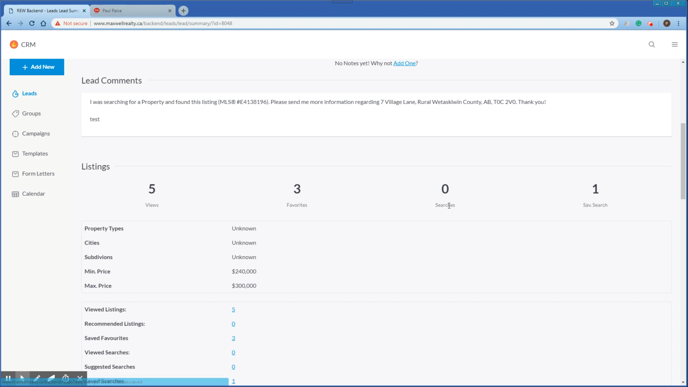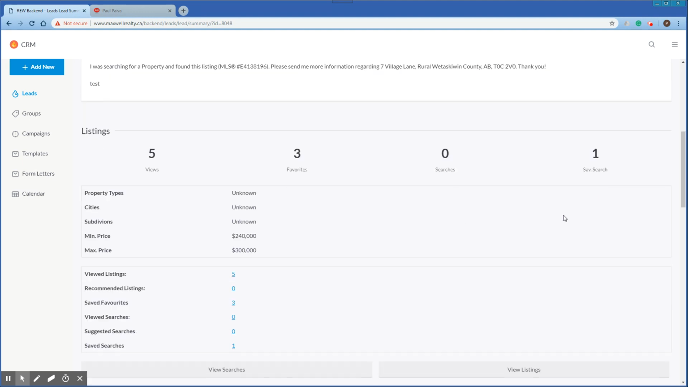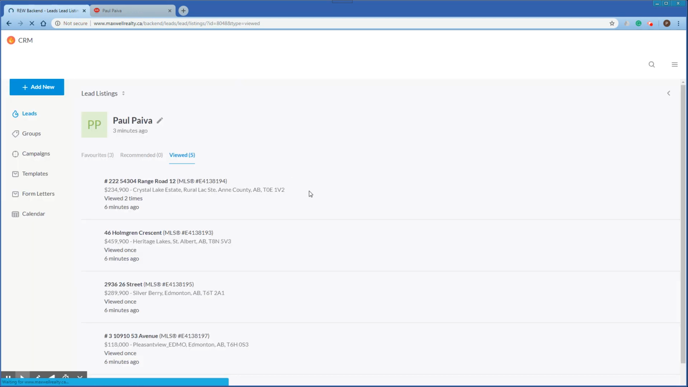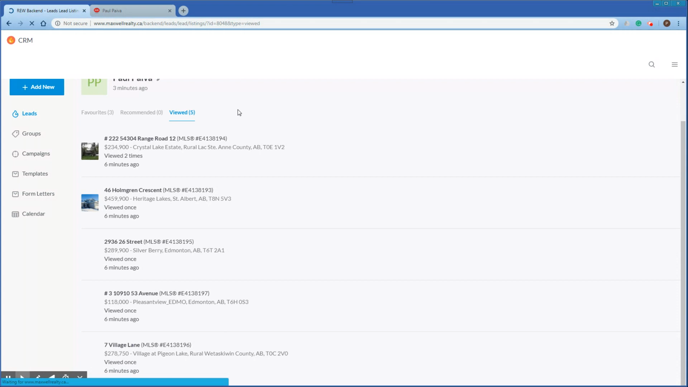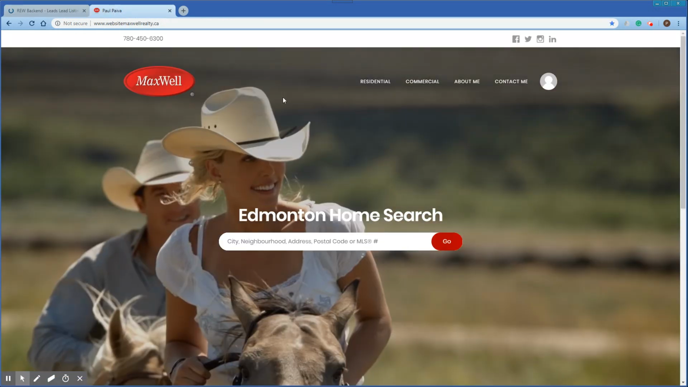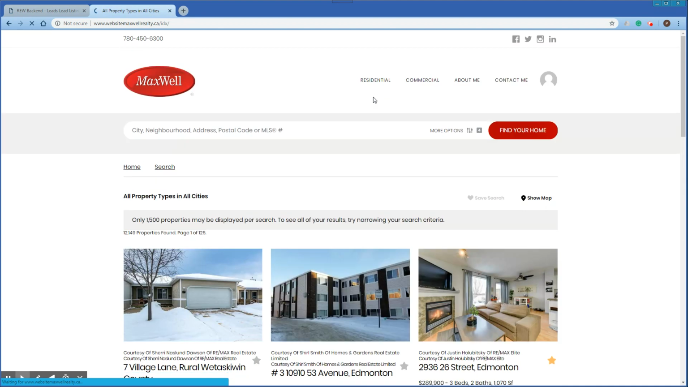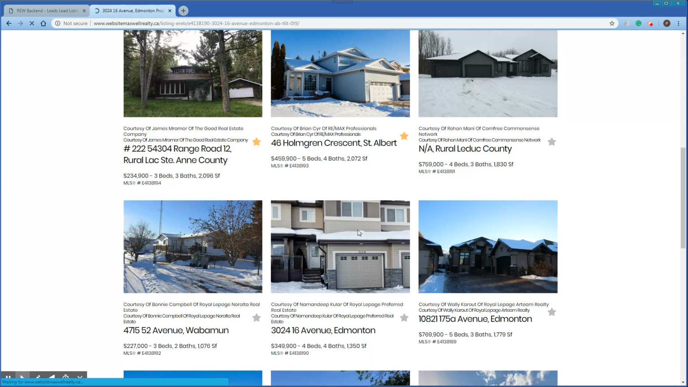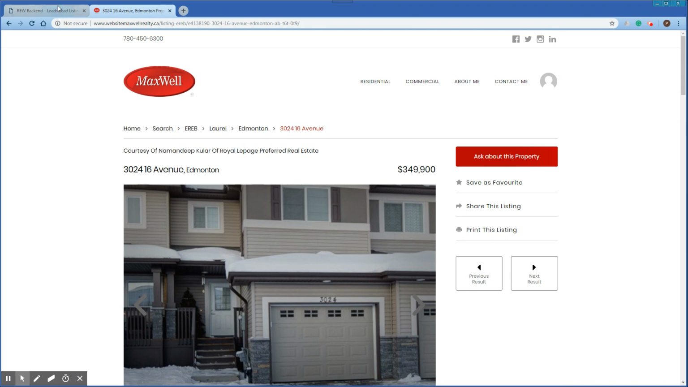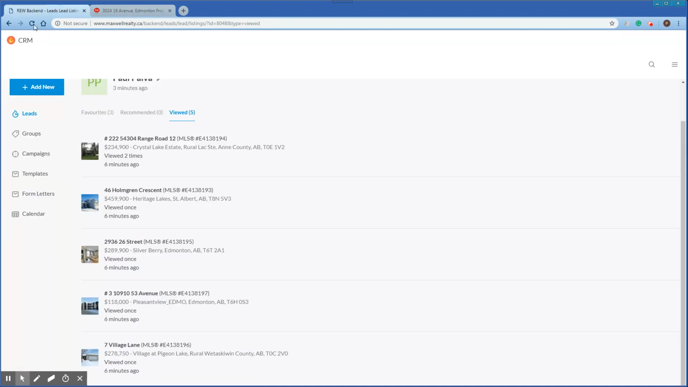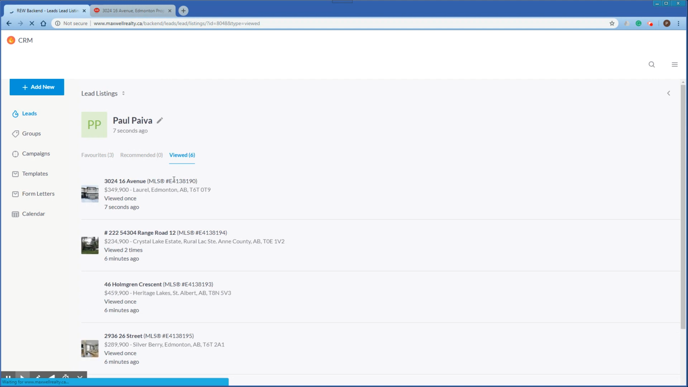How many favorites they saved, how many searches they created, and how many saved searches we've created. In here, you can see the minimum price that they've been looking at and the maximum price they've been looking at. Let's just click quickly on views. You can see these are all the houses that the customer was looking at. Simply on their end, what they're looking at is this. They go into your advanced search, they pick a house, and the minute they look at this, it automatically shows up here. So if I refresh this page, you can see there's a new one here, 6 viewed now, 3024,